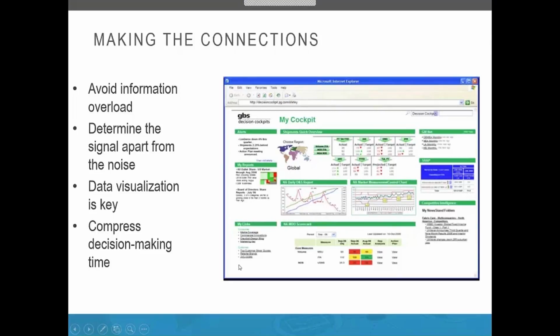So the purpose in making data easily understandable is to compress your decision-making time. If people stop arguing about the data, they can focus on making decisions and doing something about the data instead of wasting time discussing the data, which I know happens a lot because there's so much healthcare data now, or there's a lack of it, such as outpatient.